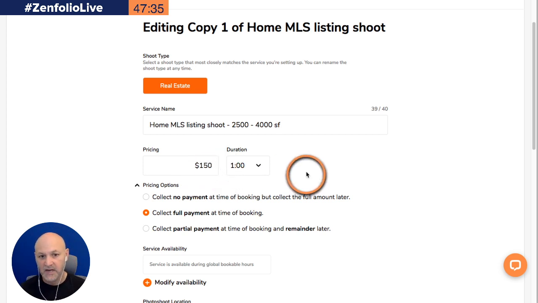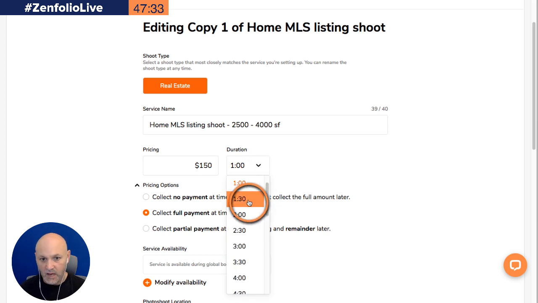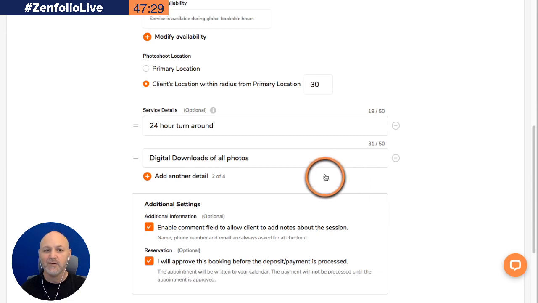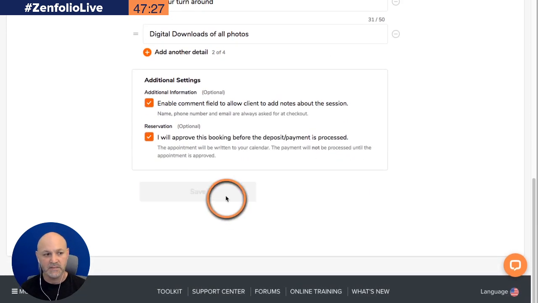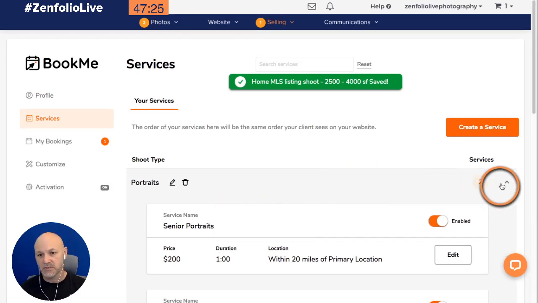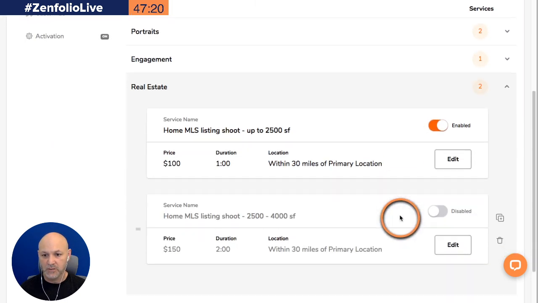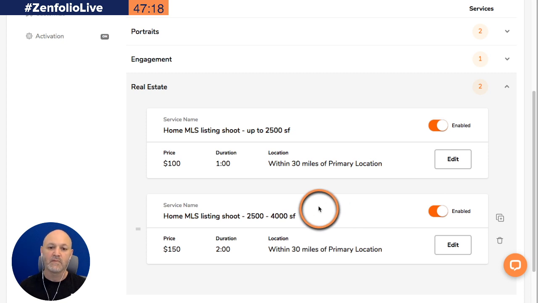Again, this is not any kind of pricing suggestion. Obviously, larger houses are going to take you a little bit more time. And then from there, you don't really have to do much. The rest of this is set up. Then you can just drop down to the real estate and make sure that one is enabled as well. Right? And so now anywhere that your BookMe widget option is showing, your clients will now be able to see